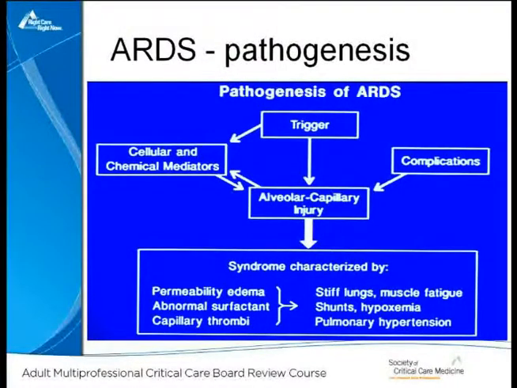So how does ARDS sort of work? There's a trigger. Something triggers this process. And this trigger, as I'll mention in a moment, can either directly injure the alveolar capillary interface, a classic example, of course, would be an aspiration, or this trigger works more indirectly through perhaps systemic inflammatory processes that hit the lung as it does many other organ systems. Systemic inflammation that hits the brain, the heart, the kidneys, the adrenal glands, etc., also hit the lungs and produce an alveolar capillary injury. And then confusing this issue, of course, is that this alveolar capillary injury can feed back and produce